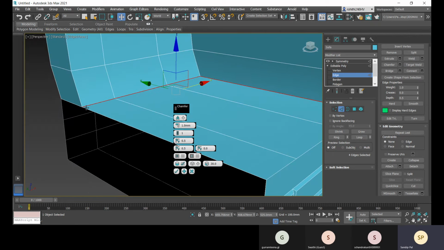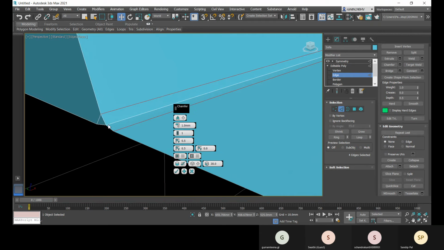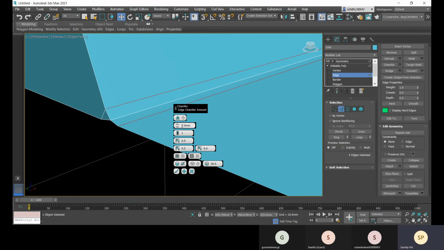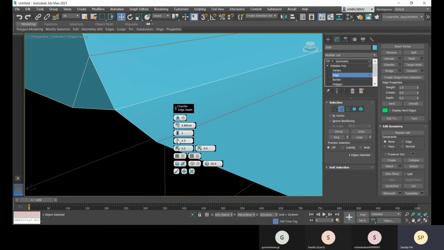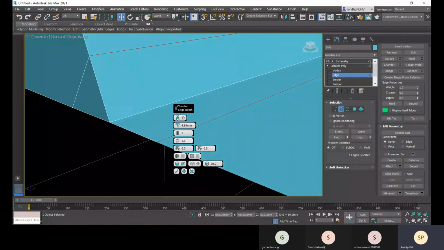I'll go with this chamfer. Now this is the edge chamfer amount, how much amount you want to provide. Okay, and this is the chamfer depth. Okay, and this is like chamfer end bias.